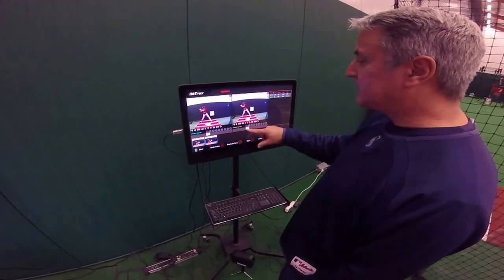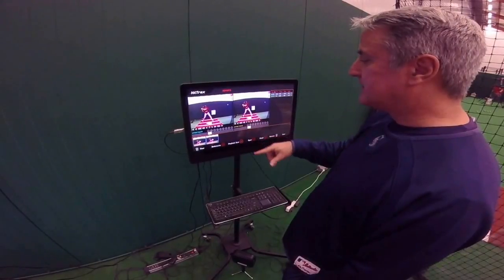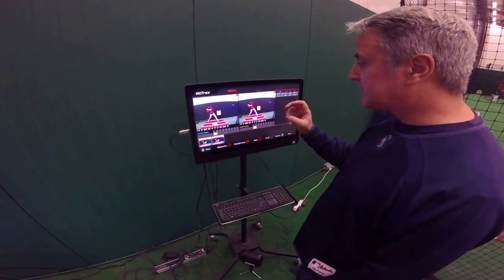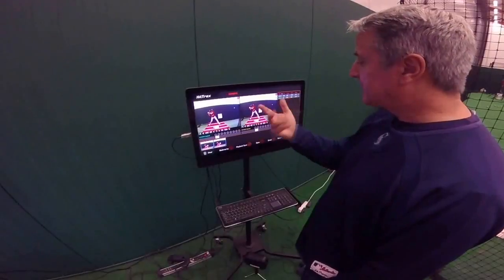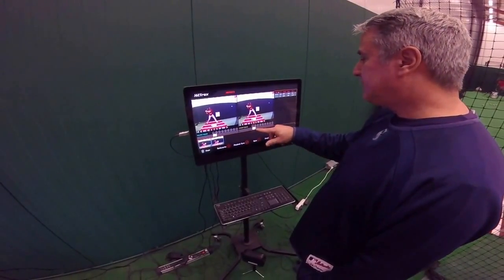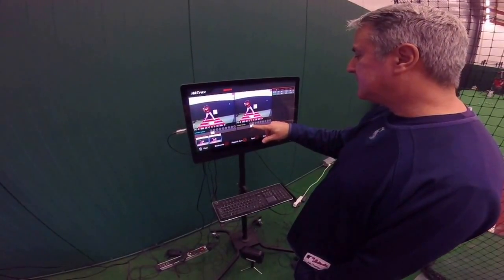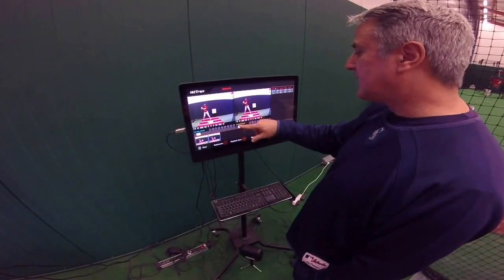You have a big stride, which is good. I like that because you have a rotational axis which is far away, so you're not really rotating too quickly, which tends to make people pull off the ball. Not going to get too much into everything, but it's important we understand where you're at, how your load is,